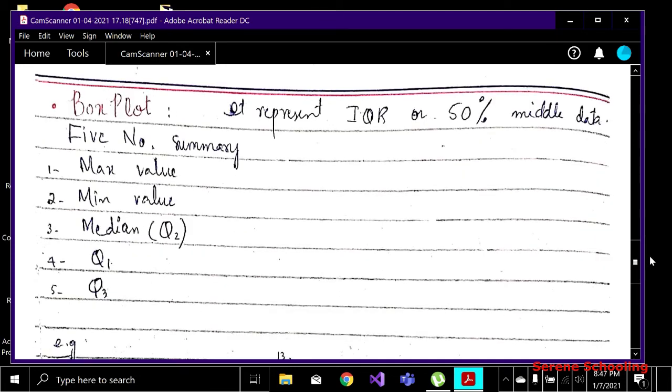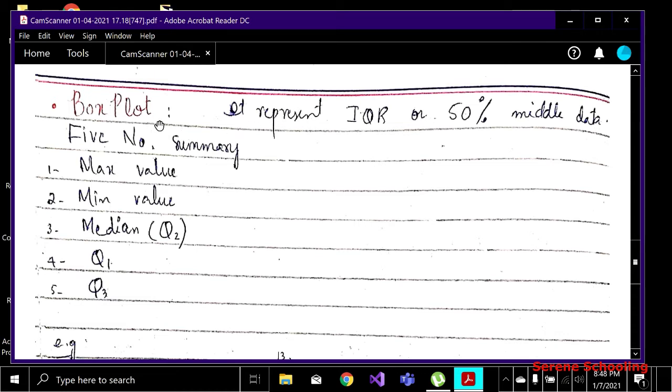And one last thing is about box plots. The things that we require for a box plot, we have already studied in detail. We basically need 5 things, known as the 5 number summary. We need the maximum value out of the data, the minimum value, our median, Q1 and Q3, that is our 3 quartiles. We have discussed in detail how to find quartiles, then the maximum value and the minimum value.